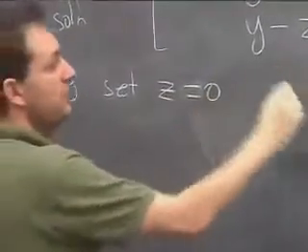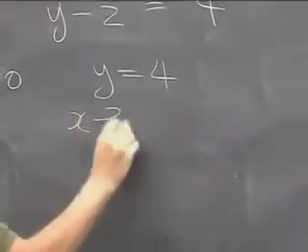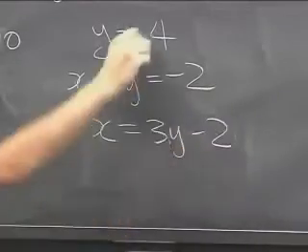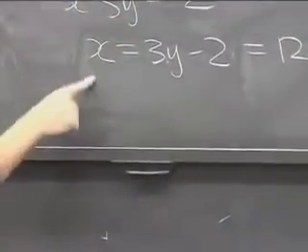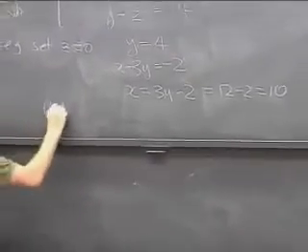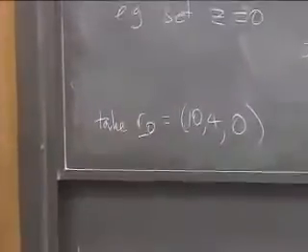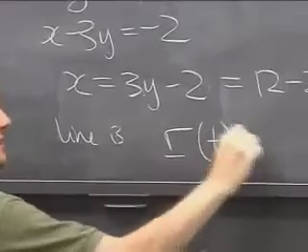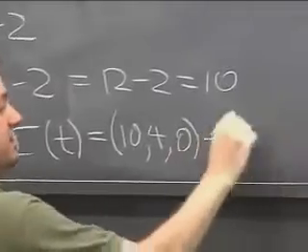So if we do, we get y equals 4 from the second equation. And from the first equation, we get x minus 3y equals negative 2. So x is equal to 3y minus 2. We already know y is 4, so this is 12 minus 2, which is 10. I.e., x equals 10, y equals 4, and z equals 0 is a solution to both those. So we can take R0 equals this. So our line is now R of t equals R0, which is (10, 4, 0), plus t times this vector that we just found,